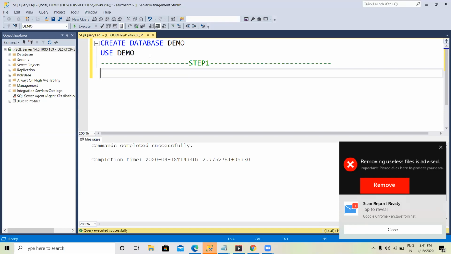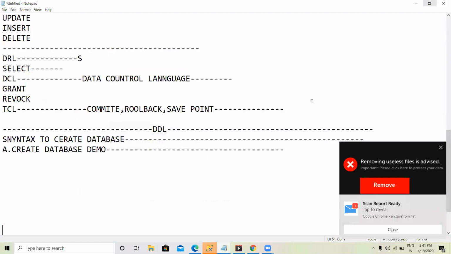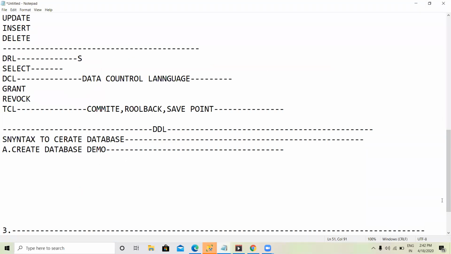I'm sorry to say I missed two topics. Now I want to discuss those topics also. Let us go to our notepad, and the important topic I want to discuss, let us make it a third section or third class. Now I'm going to discuss an important topic. We have to remember it from an interview point of view. It is a very important topic.